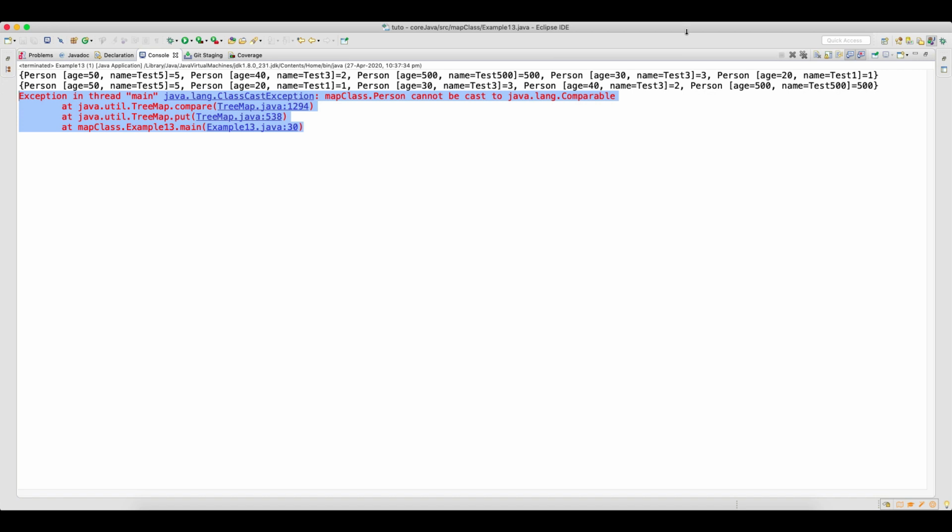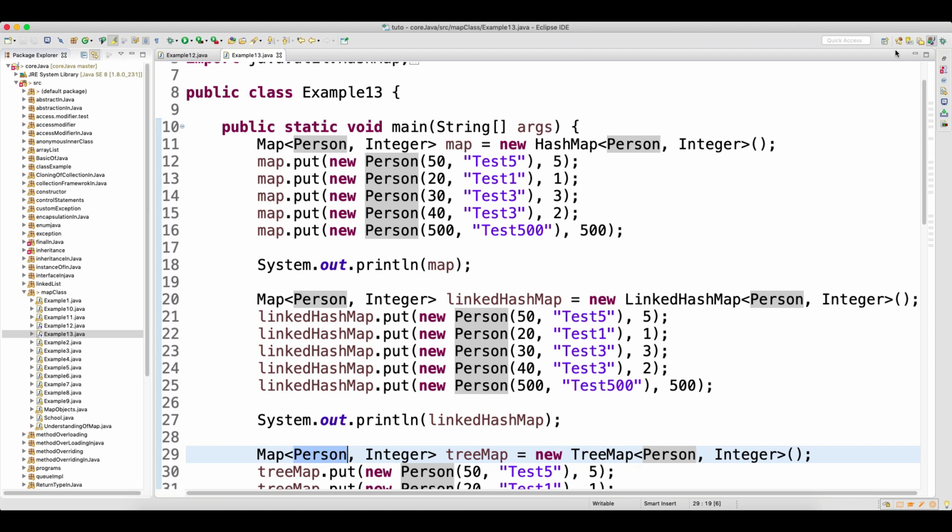The reason being is, what happens when you store any primitive data or string data? Those data are of type comparable. But when you store a custom object, it is not a type of comparable. So generally, when you store the key in the tree map, internal sorting will happen, and since this custom object is not a type of comparable, it will throw the exceptions for you. It will give you the exceptions, right?